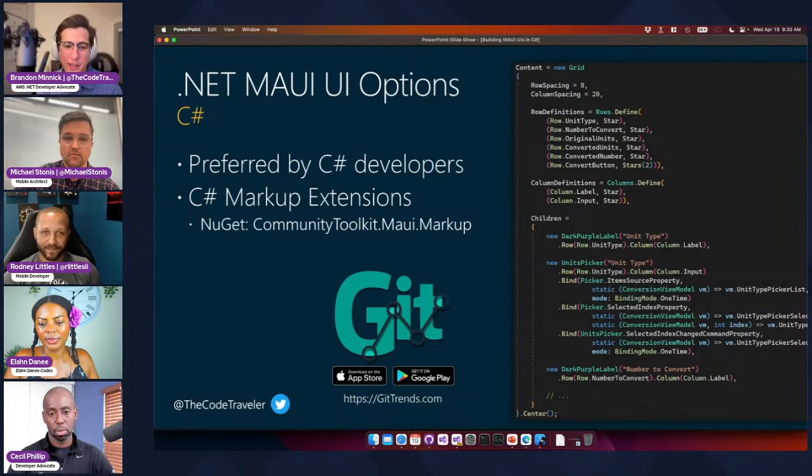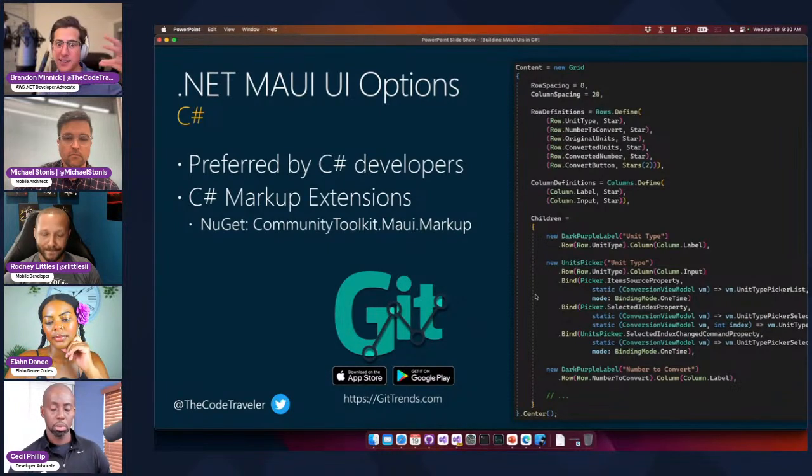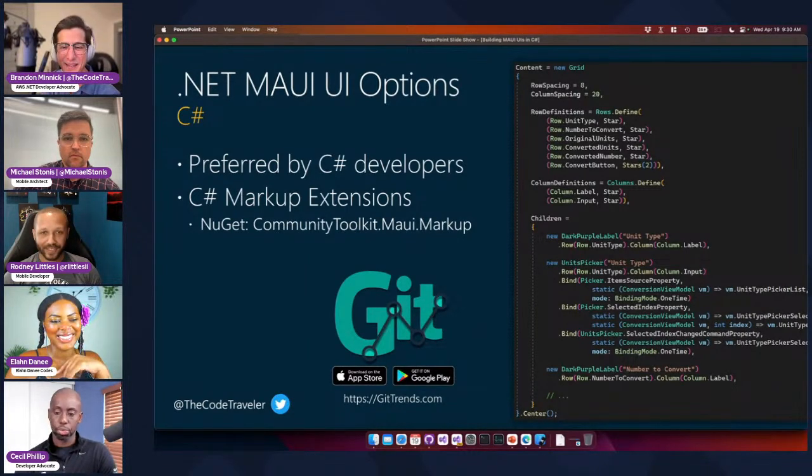So we get some goodies like that, where we can name our rows and columns. But what's really nice is this syntax where we can just write it inline, and you can really start to see in your mind's eye what this grid looks like, because you're reading it in the code the same way it appears on the screen. And the other nice thing, and we're going to dig into all this in a bit, is bindings become really,